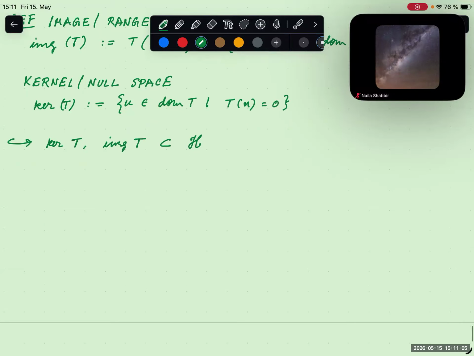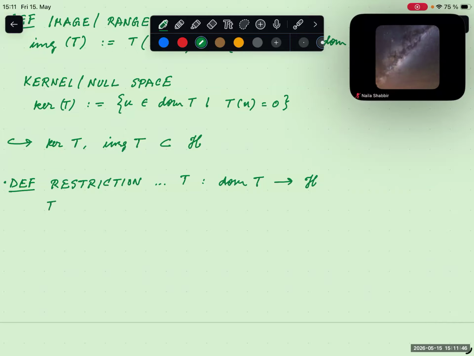Now another definition, restriction of an operator T, which means from domain of T to some Hilbert space H, we mean,